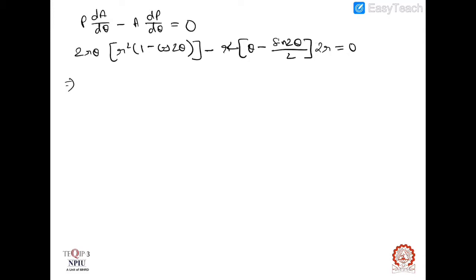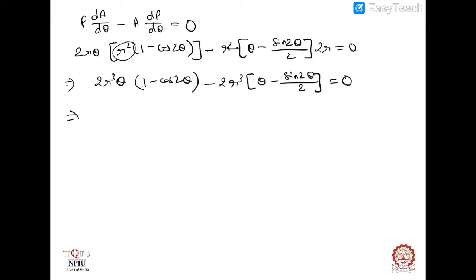Here we can take r square outside: 2r cube theta into 1 minus cos 2 theta, and here also r cube, 2r cube theta minus sin 2 theta divided by 2 is equal to 0. The r cube and 2 will get cancelled. Now we have theta minus theta into cos 2 theta minus theta plus sin 2 theta divided by 2 is equal to 0,